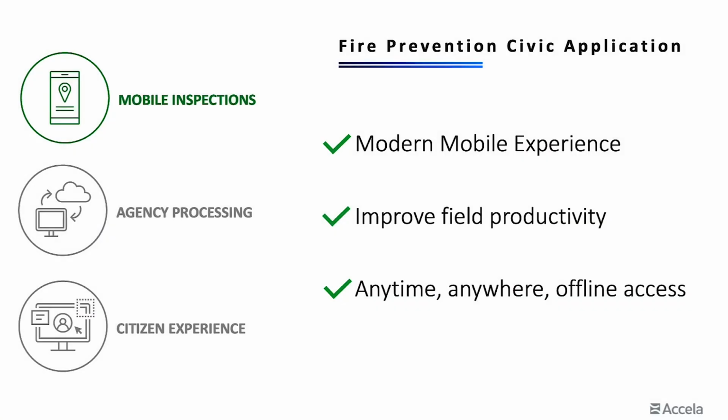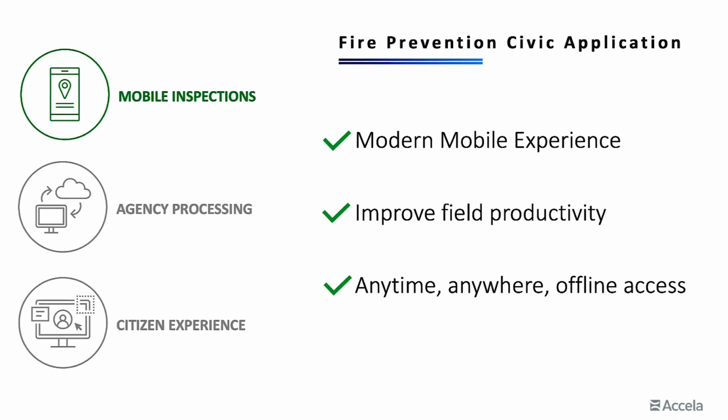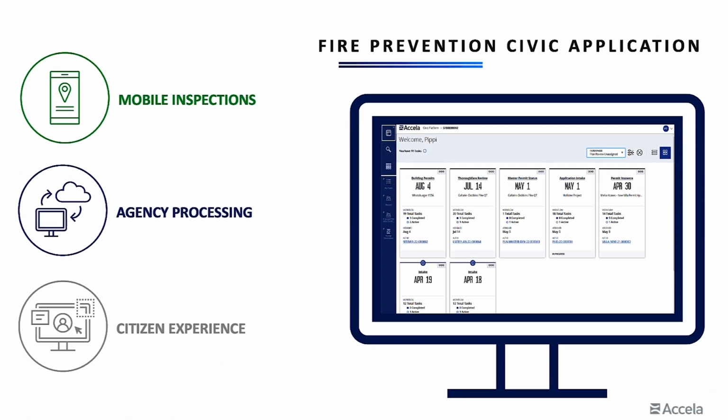Now that we've seen our mobile inspection demo, some key points we'd like to convey here is the modern mobile experience. These tools are using the latest cutting-edge technology for inspectors out in the field, which also allows them to increase field productivity, having all the information they need at their fingertips. And finally, an anytime, anywhere, and offline access tool, which meets the inspectors where they're at, helping them process their work in the field. For our next section, we'll be taking a look at agency processing, or the back office